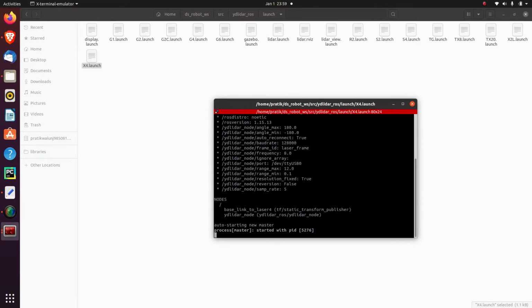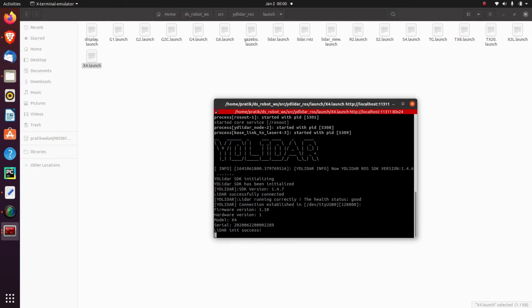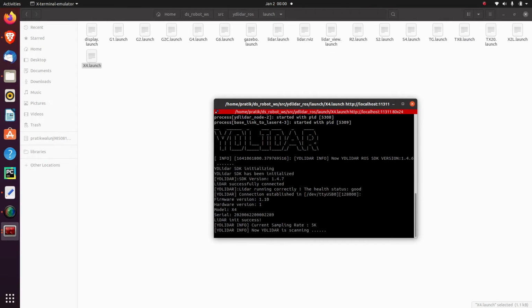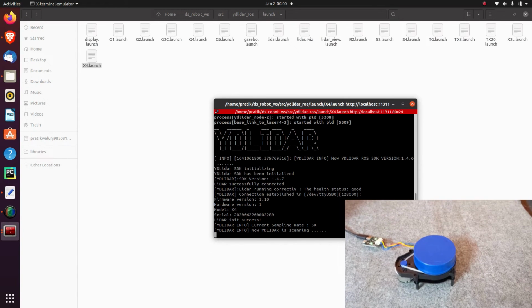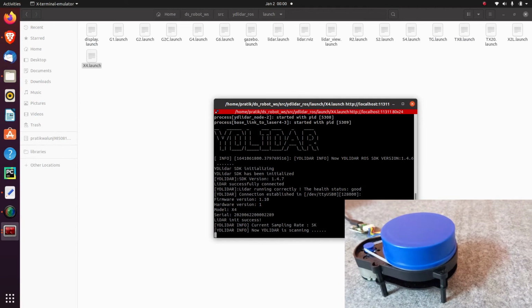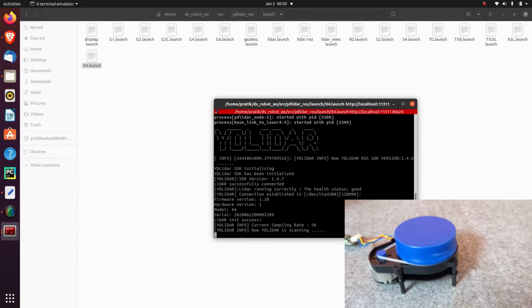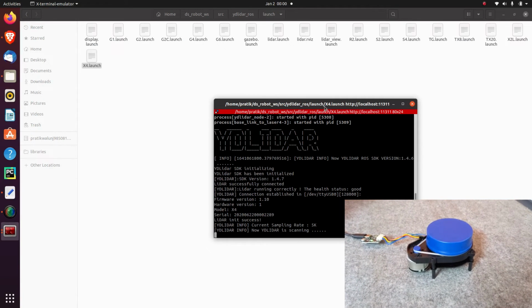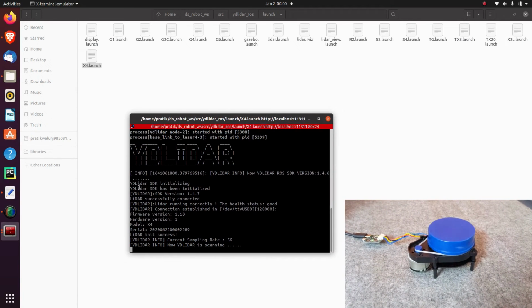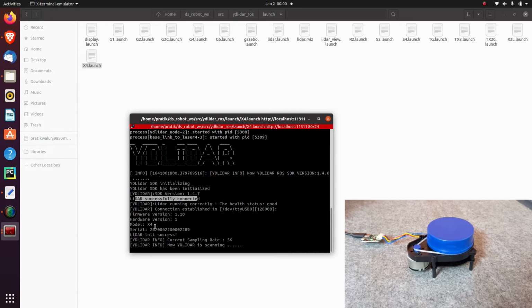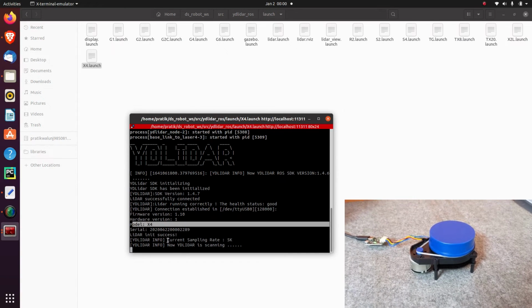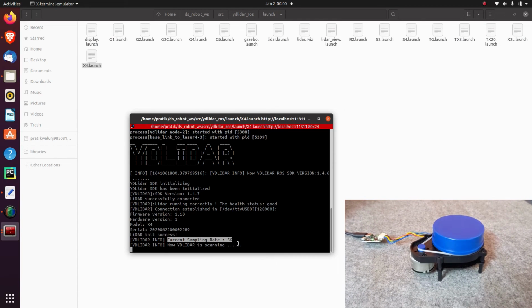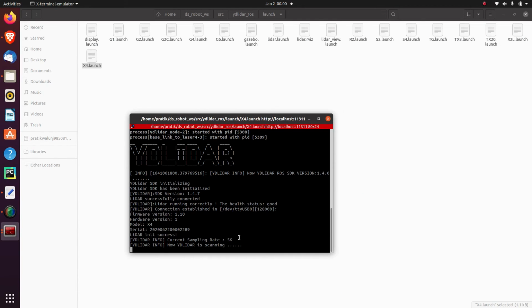Press enter. As I launch this file, my sensor starts to rotate. Before that, the sensor doesn't start until you start communication with the LiDAR. Now here you can see all my parameters. The LiDAR is connected successfully and my model is X4. My current sampling rate is 5k samples per second.